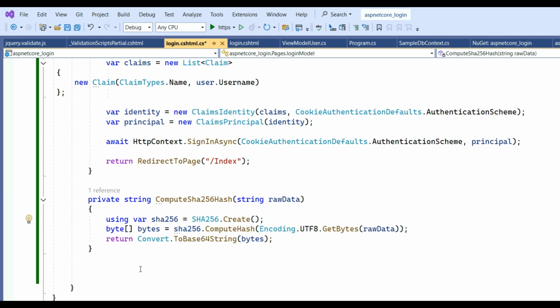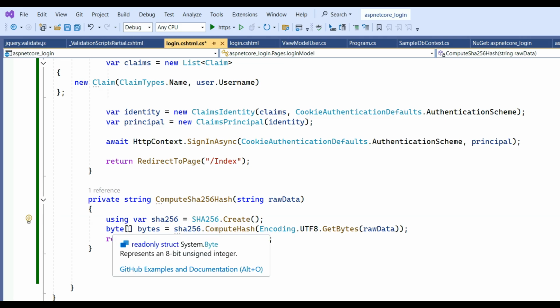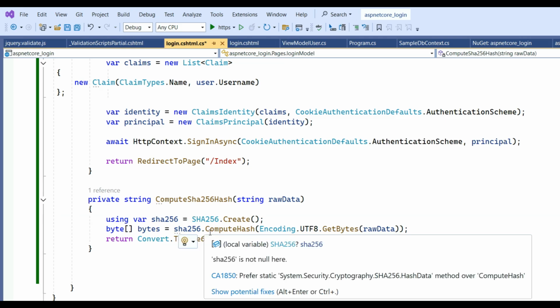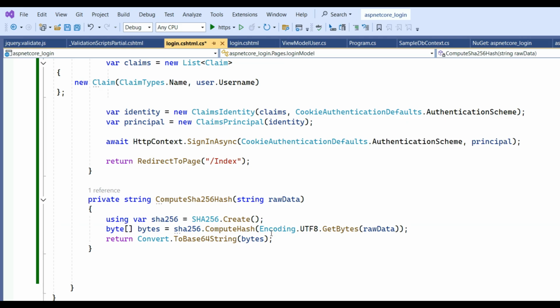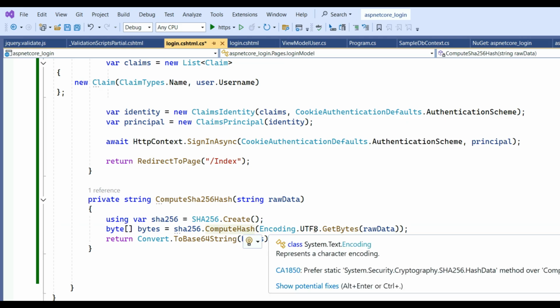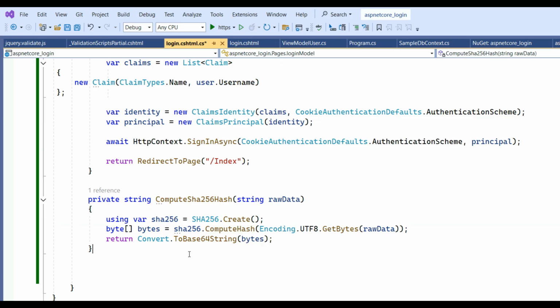Then after creating the hash we will change it into bytes: bytes equal to SHA256.ComputeHash(Encoding.UTF8.GetBytes(rawData)). Then after that we will convert it into bytes, and it will be converted into base